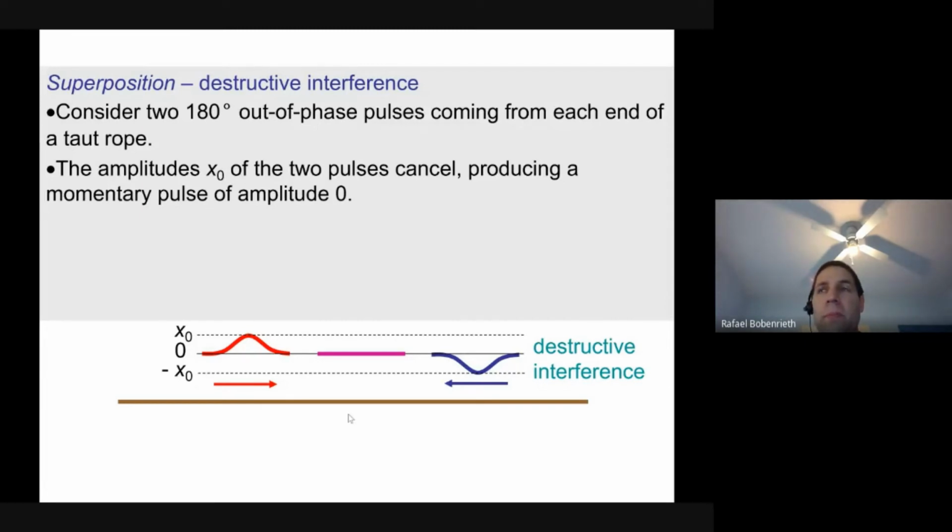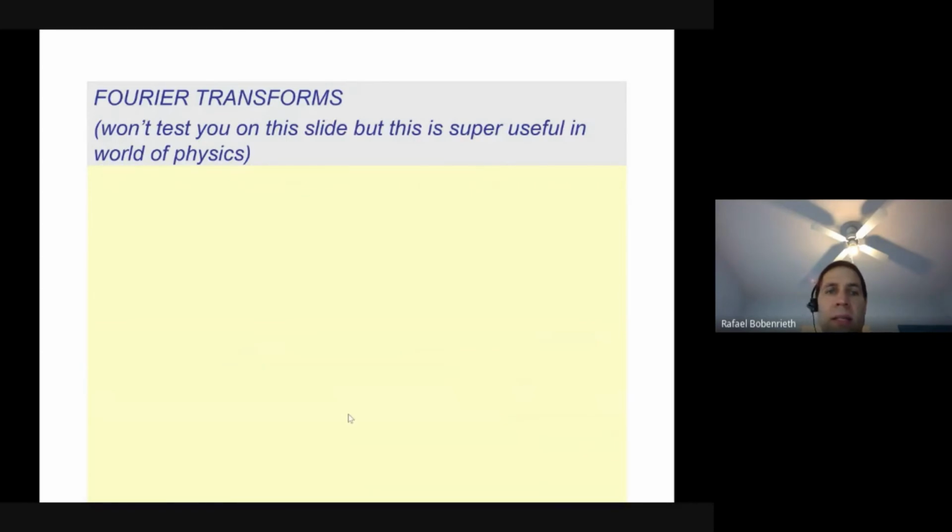Okay. All right. Let's talk about one more thing. This last thing is not something that you will be tested on at all, but I just think it's super incredibly awesome and useful and appears a lot. You'll see this word used, Fourier Transform. I just want you to have a little bit of a sense of what people are talking about when they talk about a Fourier Transform, so you can look smart and be smart. Well, you already are smart, but you can even look smarter and, more importantly, understand what they're talking about.